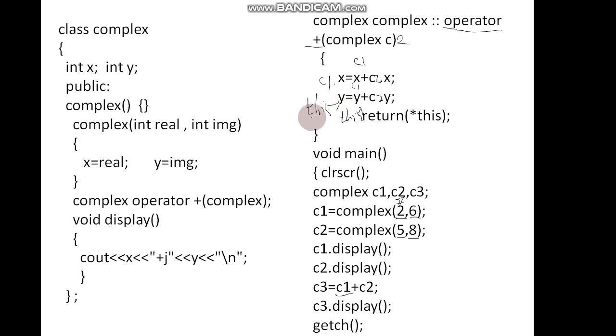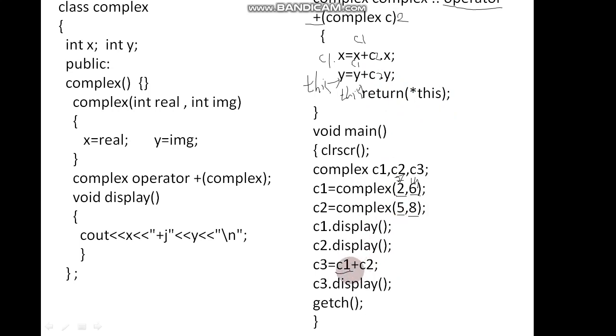So this contains address of invoking object c1. So in c1 the addition will be stored. Then we are returning this. So this contains address of first object c1, the invoking object. So the invoking object c1 is returned, which will be stored in c3. So the values in the invoking object now are 7 and 14, which will be stored in c3, which will be displayed.